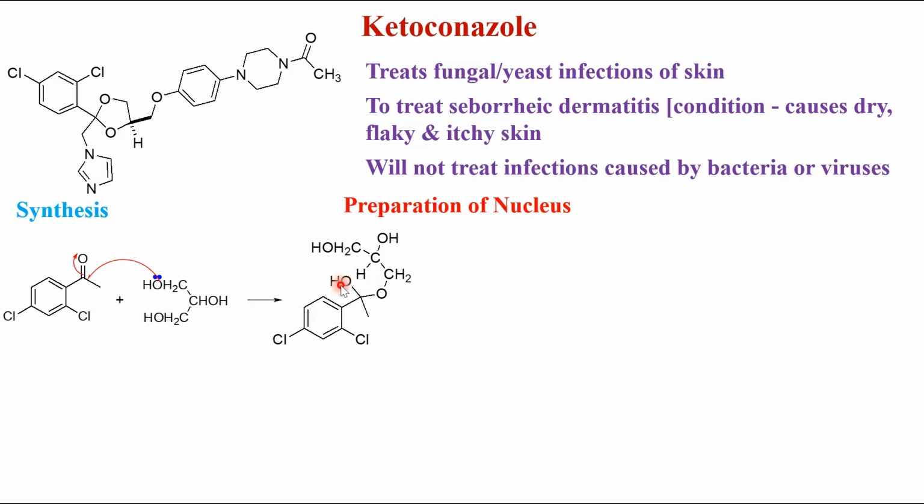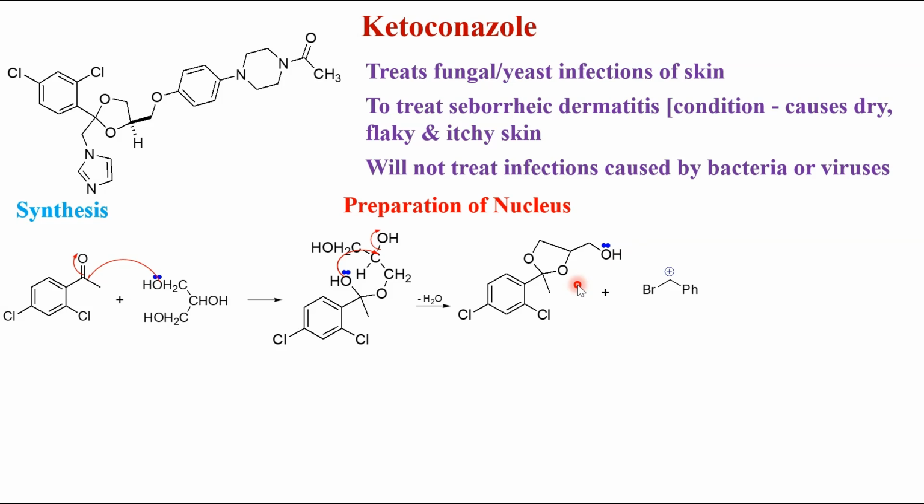The OH which is formed has a lone pair of electrons and this carbon is a positive center. The OH lone pair of electrons attacks the carbon and OH gets kicked off, and it loses H plus and OH minus as a water molecule, and cyclization takes place to give the ring system. The CH2OH which is free, I am blocking